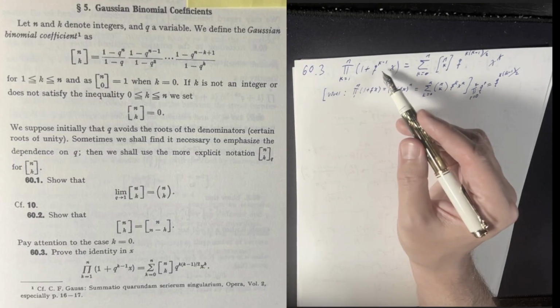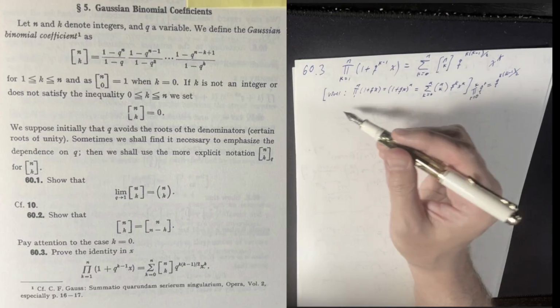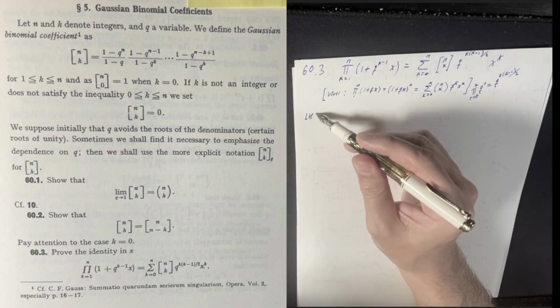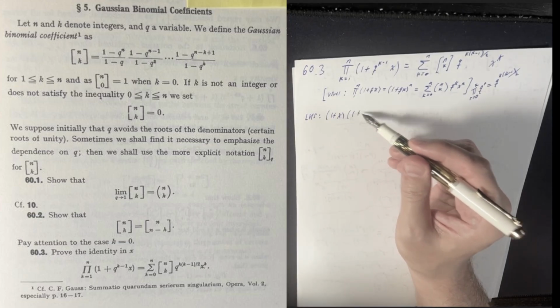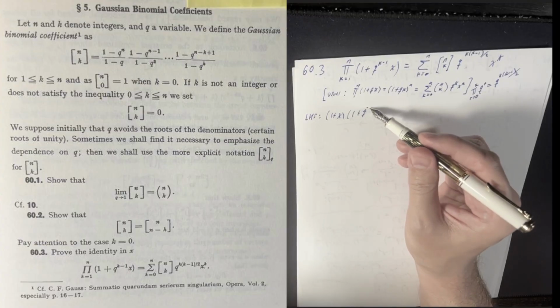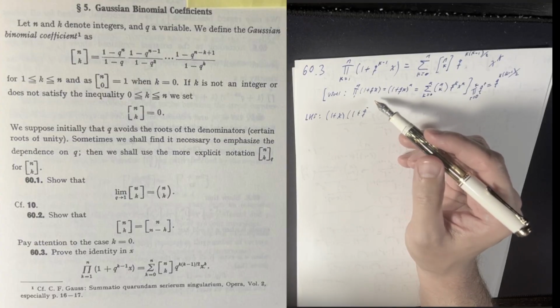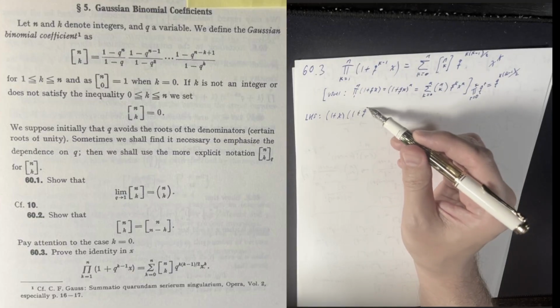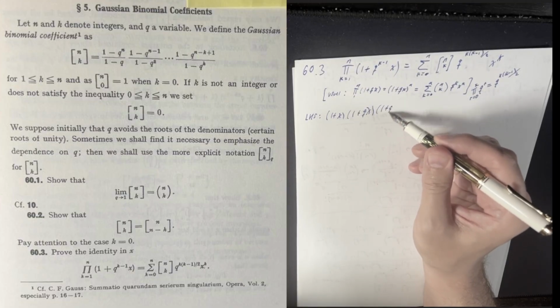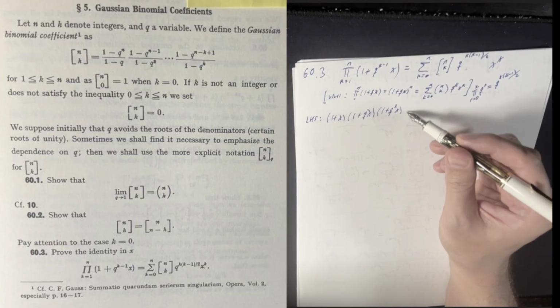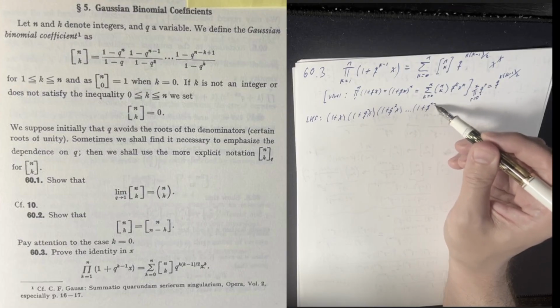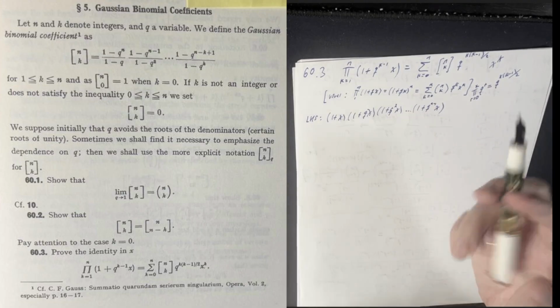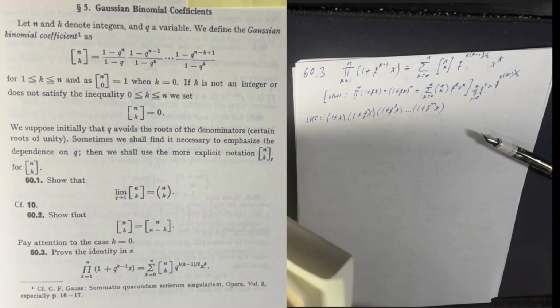Alright, what else does this look like? When you plug in 1, you get nothing, right? So our left-hand side looks like 1 plus x times 1 plus, this thing again. Wait a minute, now it's going up, right? Okay, so qx, 1 plus q squared x, all the way up to 1 plus q to the n minus 1 x. So we've been playing with this last,